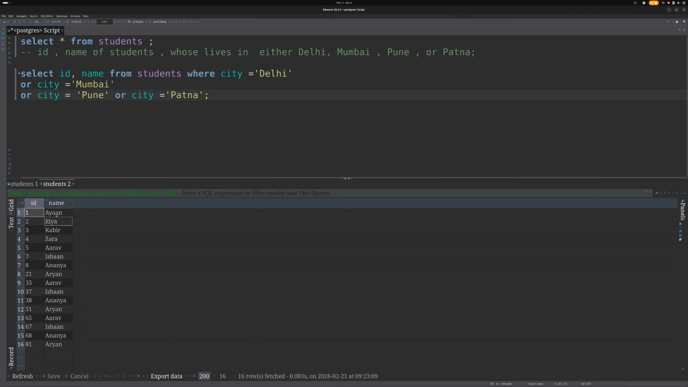So this gave me all of the students' ID and name, right? If you look at it here, we have to write one condition for Delhi, one for Mumbai, one for Pune, and one for Patna, and in between we have the or operator. Why? Because we want either. One student cannot live in multiple cities; at a time they can live only in one city. So we use or here. Doesn't it look repetitive? We are repeating the same kind of